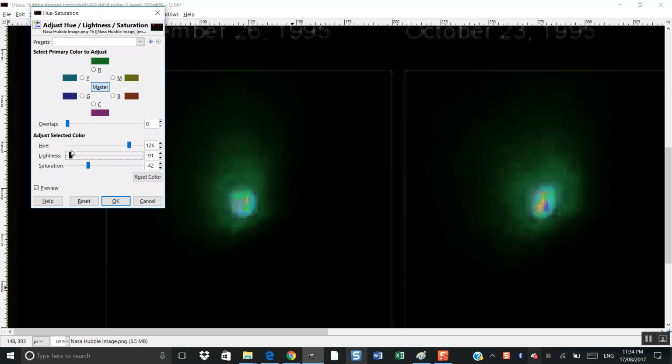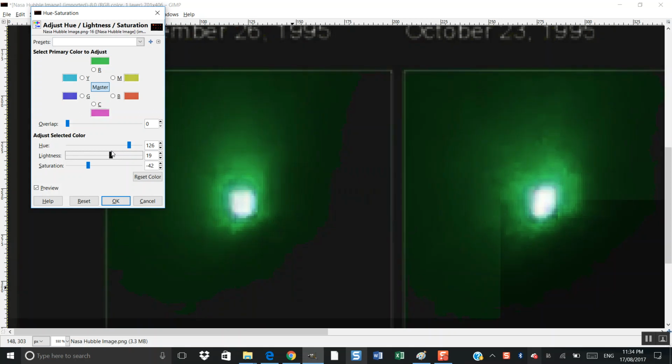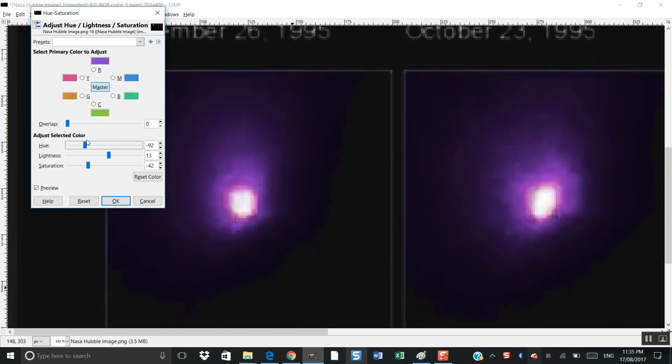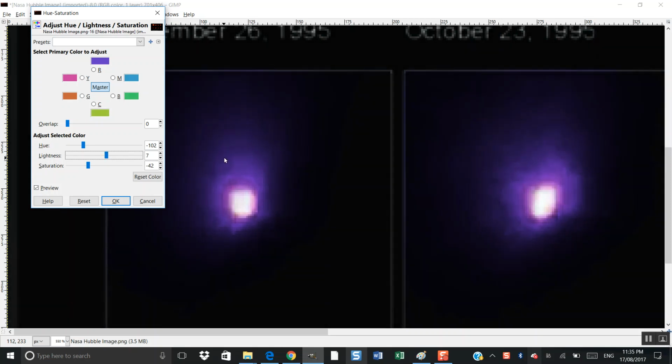Don't think there's much to see in this one. No, it can't be, surely. Tell me I'm dreaming. No, I'm not. Gee, look at the size of that thing. There you go, look at that. That there